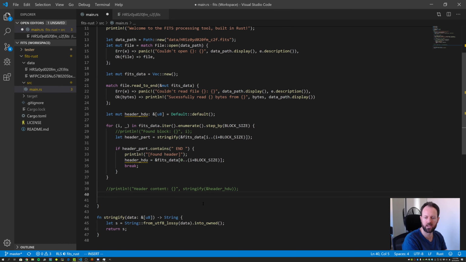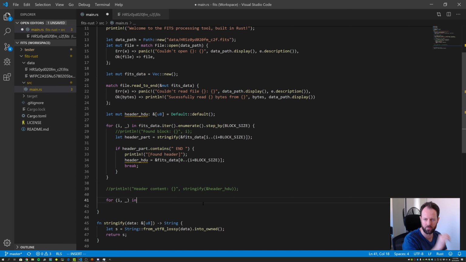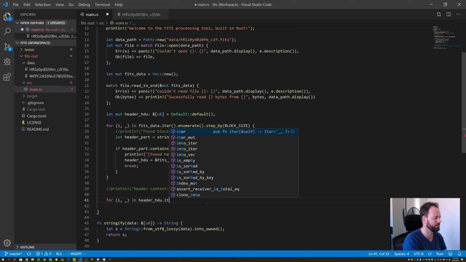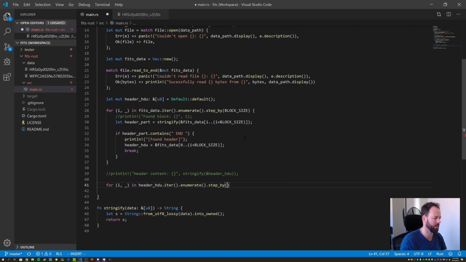Yeah, that should be okay. So what I'm going to do is another for loop, very similar to what I just did before, but this time I'm going to loop through the header HDU data. Okay, so I'll do the same idea, enumerate and step by, but in this case I'm going to step by the record size,